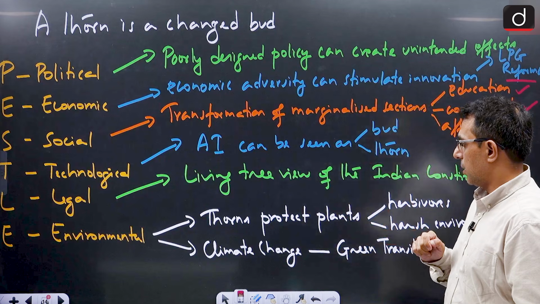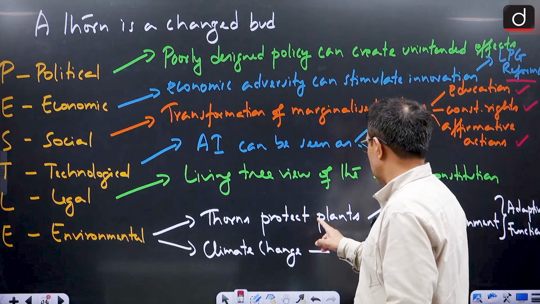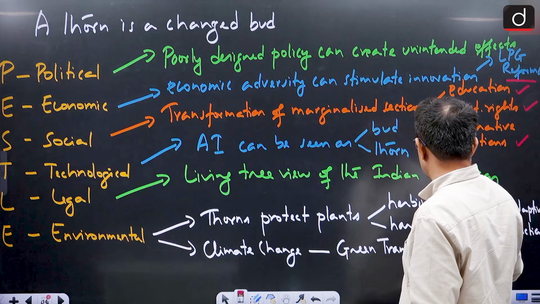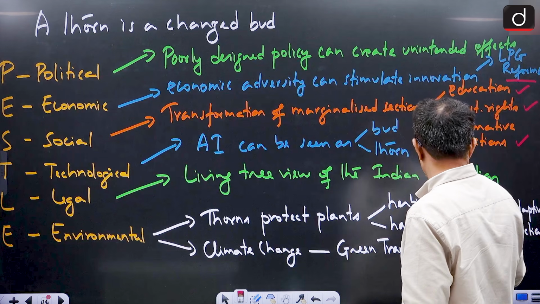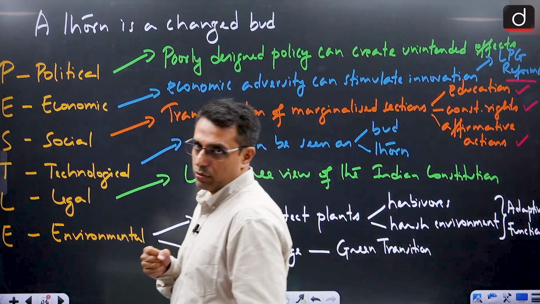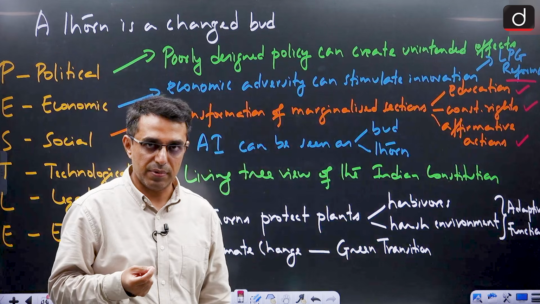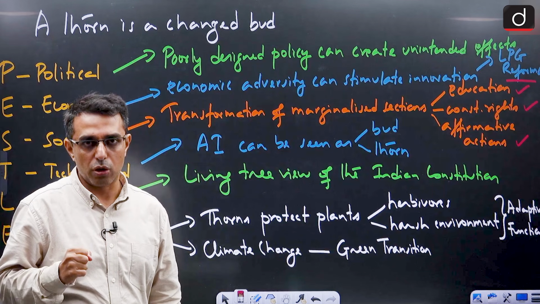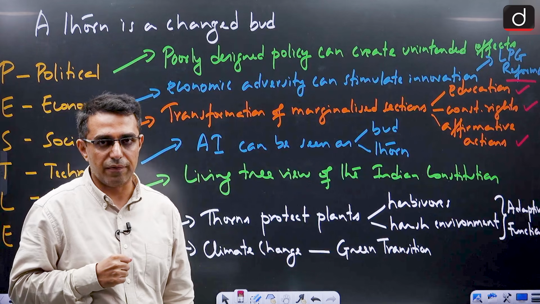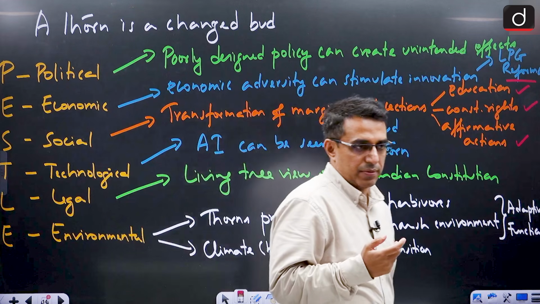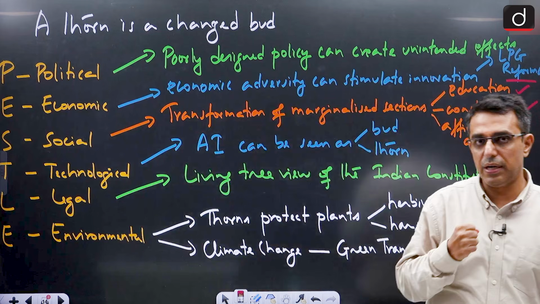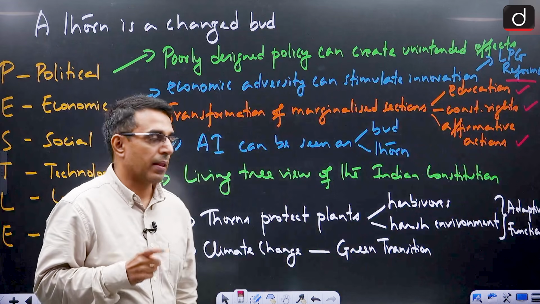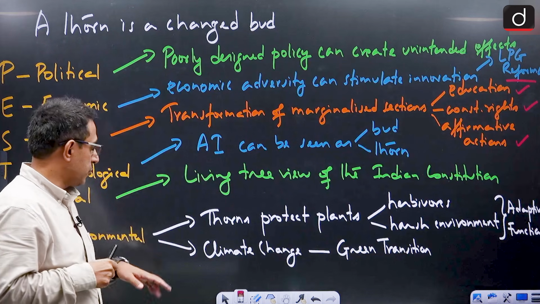And in the environmental dimension, we can talk about thorns protecting plants from herbivorous animals, and also from harsh environment, right? So it is serving an adaptive function also. That is true in life also, right? Sometimes harsh experiences help us become stronger, more robust to face adversity in life. It is said that tough times create tough individuals, and easy times create soft individuals, right? So that quotation can also be used.